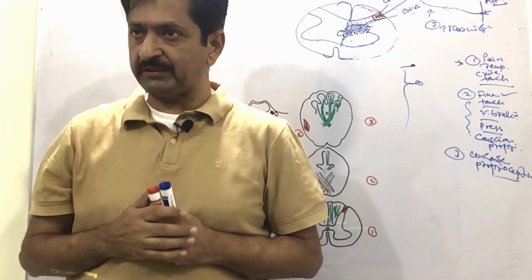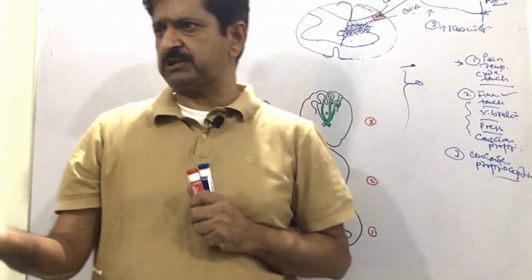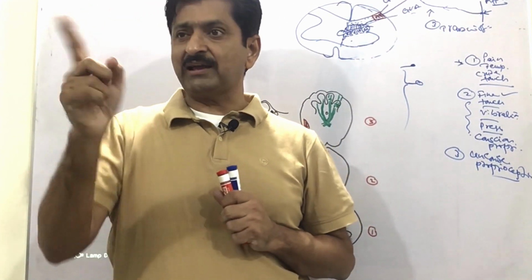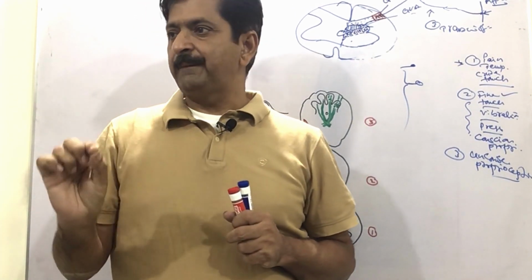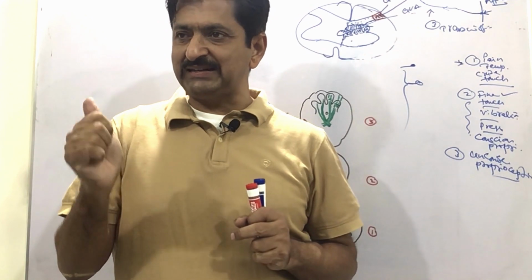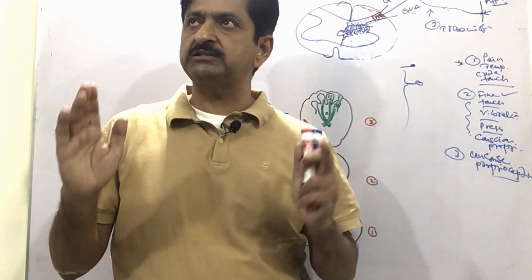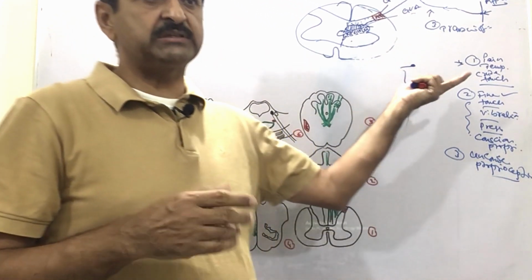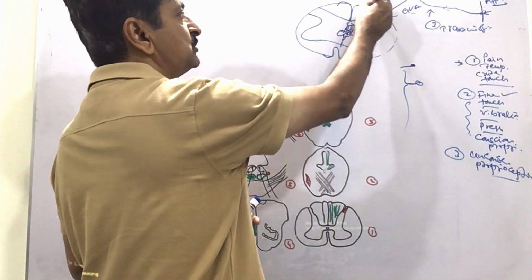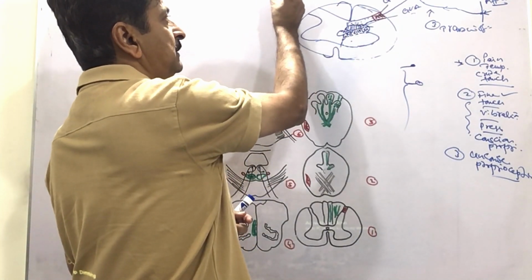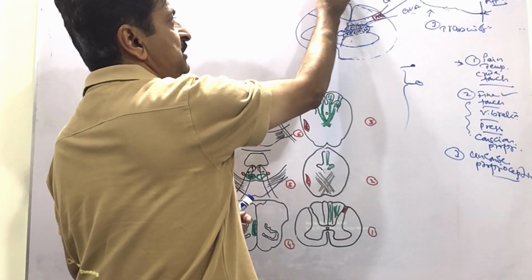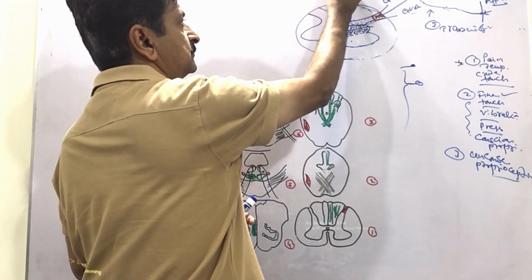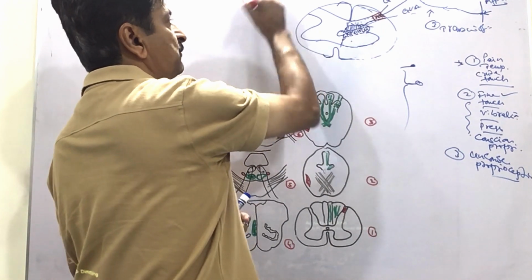Substantia gelatinosa you call them. Gelatinous substance. Substantia means substance. Substantia nigra means the black substance. Here this is substantia because it is gelatinous. In a cut section it will look gelatinous. That's why we call them substantia gelatinosa. And this is the name, the substantia gelatinosa. So this is actually called this nucleus. This is now number 1.